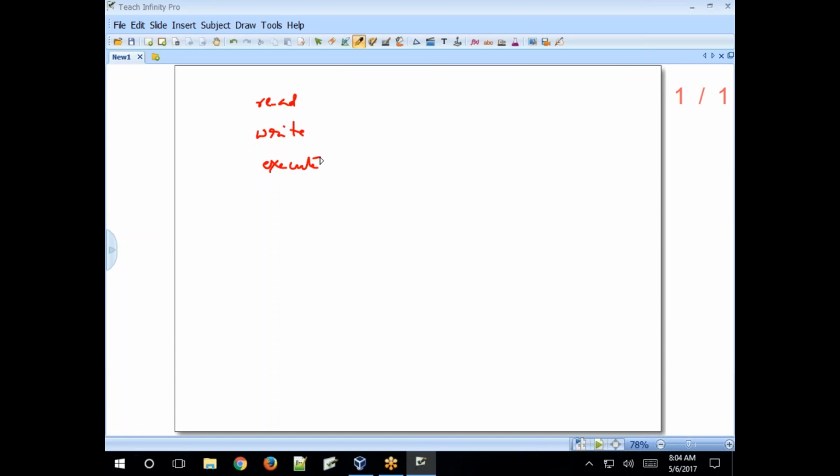And three types of users: owner, group, others. Clear? Read, write, execute, owner, group, others.